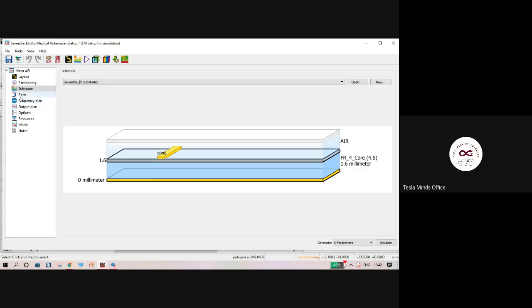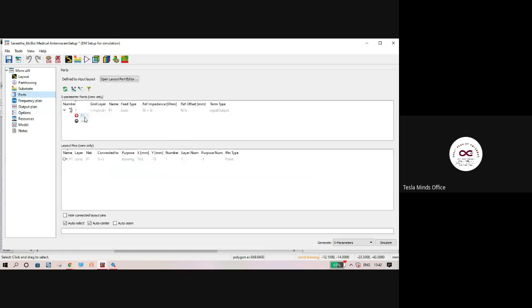Next I go to ports. You can see we have pulled up one pin. P1 is the positive and the ground is negative automatically. The ADS software will automatically assign the ground depending upon natural conventions and the transmission equations. In other software, we have to design each and every layer. That is the difference.